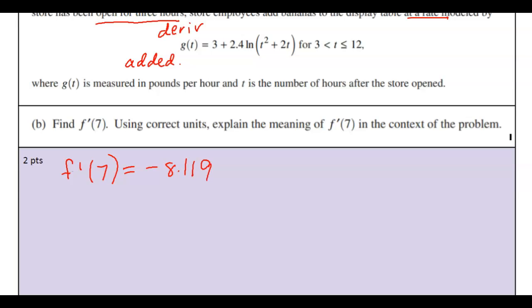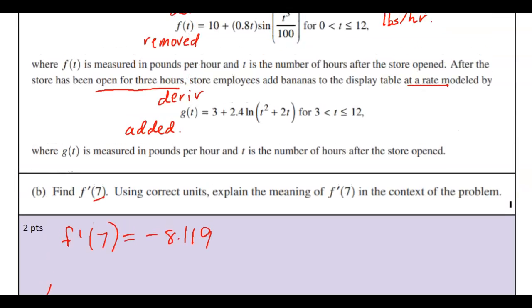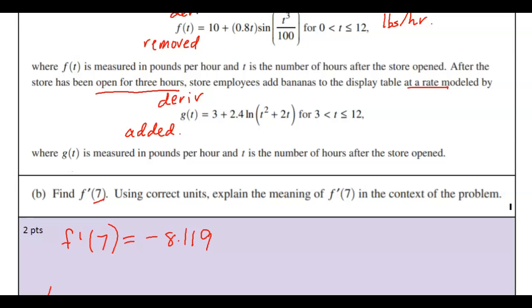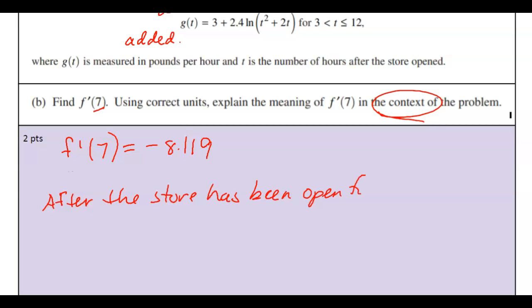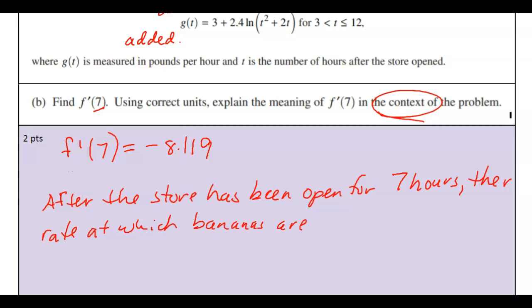Now, what's the meaning? Since that's our time, remember that T is the number of hours after the store has opened. So we want to include that because it says context. So after the store has been open for 7 hours, the rate, because that's what F is, the rate at which bananas are being removed